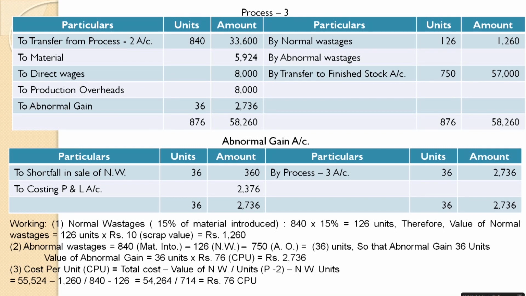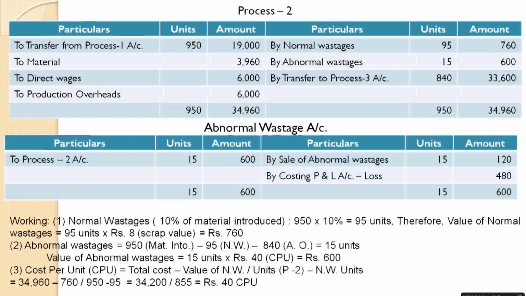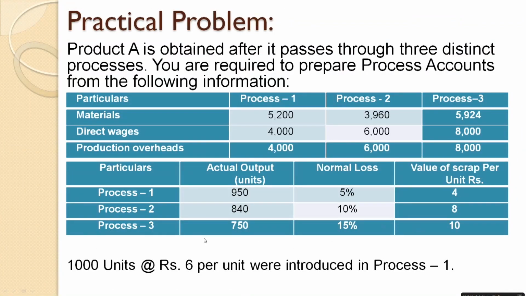Now, the second important part, as we already discussed in process 2, in the same way we need to calculate normal wastages and abnormal wastages or maybe abnormal gain, whatever we determine from the respective question. Now, see the second part of the question. It shows very clearly in front of process 3 that the actual output is 750 units. So, at the end of the third process we have a clear output of 750 units. Then the normal loss in this particular process comes to 15%, 5% more than the last process, and the value of scrap per unit given in the question is rupees 10 per unit.